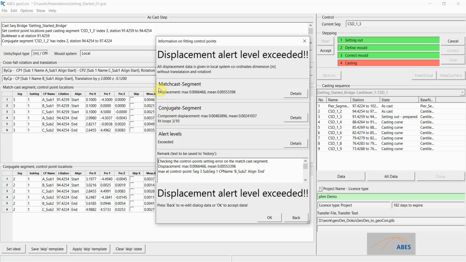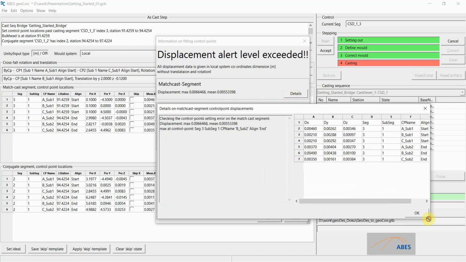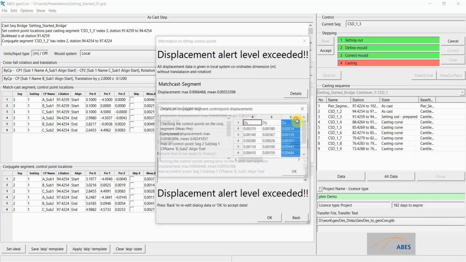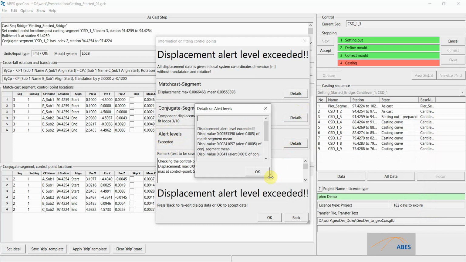We get a report for the control point in the matchcast segment where we have a maximum deviation of 6 millimeters and the mean deviation of 5.5 millimeters, and if we want to know the details, we can get them by clicking on the details button, and here we get our deviations for every control point in this segment. Same for the conjugate segment,